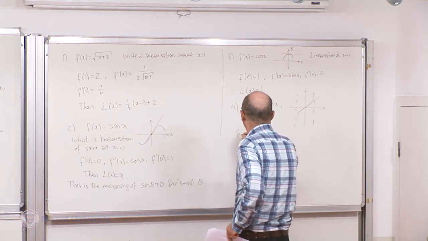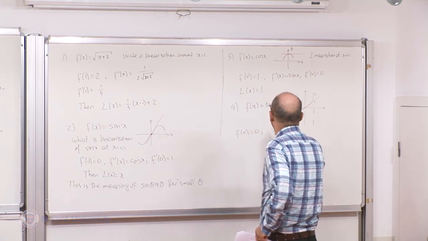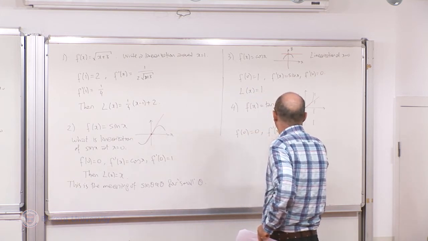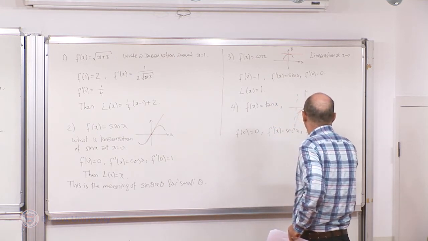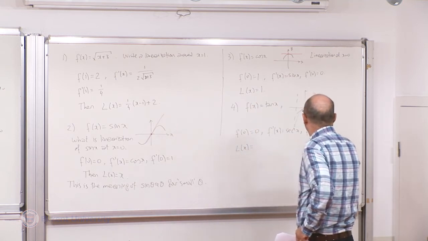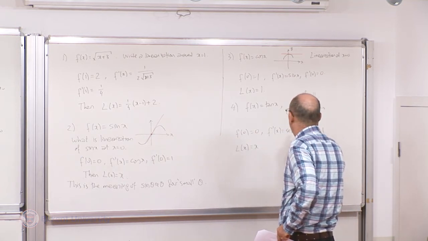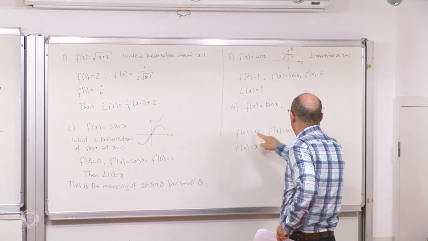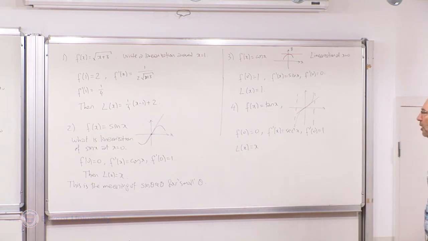Okay, so f of 0 is 0. f prime x is secant square x. f prime 0 is 1. So linearization is derivative times x minus 0, plus this value. Okay, L of x equals x. So it's the same linearization as sine x, which is not surprising because,